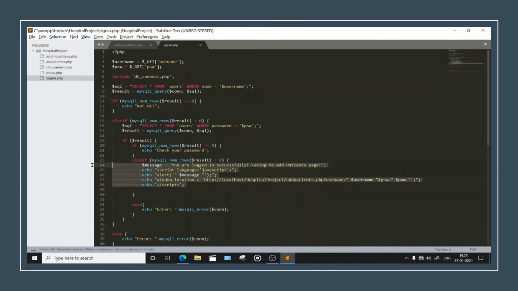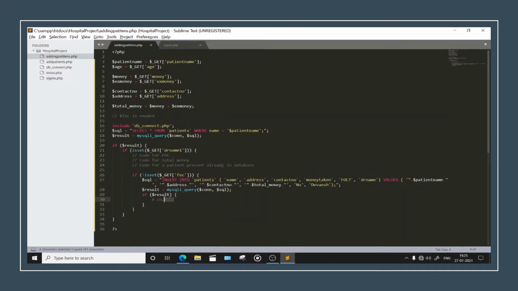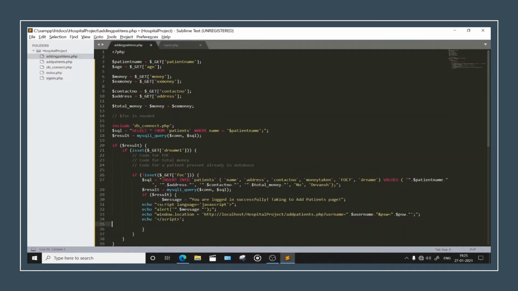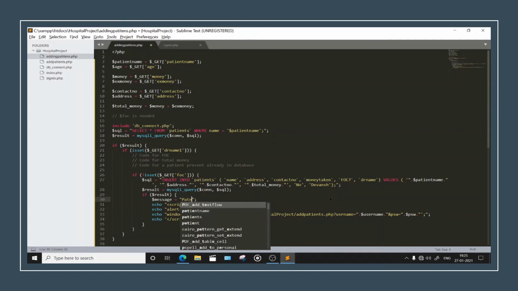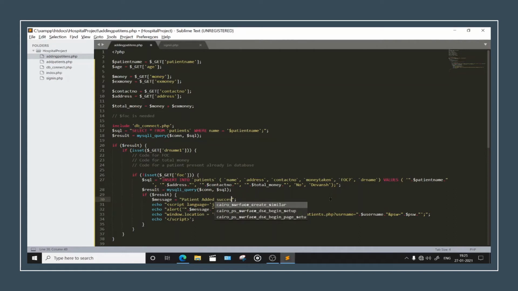and copy this JavaScript. PHP, JavaScript, whichever you say. Fine. So paste it here. Remove these two places. Paste it, just see the indentations, right? So message is patient added successfully in database.